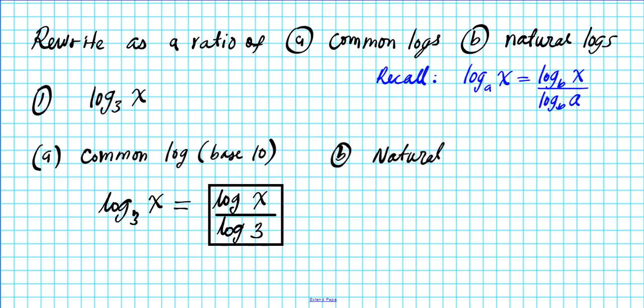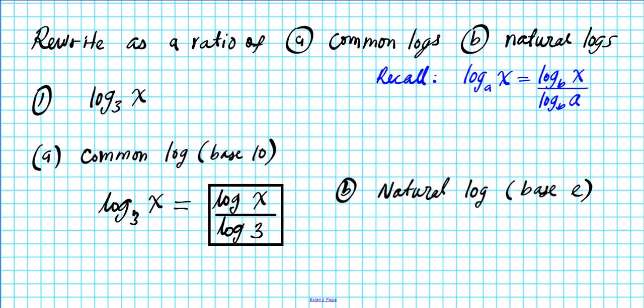Now natural log is similar to the common log in the sense that you do not have to specify what the base is. Okay, natural log is log base e, and if you look at this formula right here, it can also be applied to expressing a log of a specified base in a natural log base. So let's rewrite this formula using natural log. Okay, so if you wanted to change log base a of x into natural logarithm, which is log base e,